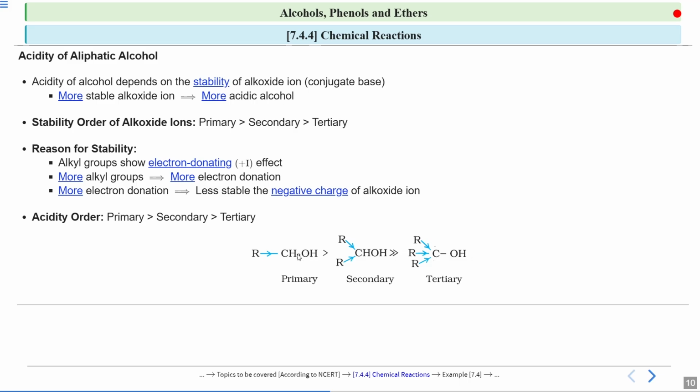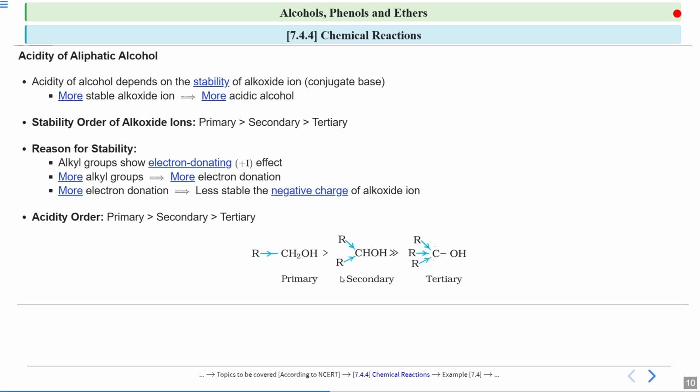So if no oxygen is getting this electron density from this R group, will it take it from H? No, because now the oxygen's requirement is fulfilled by these R groups. So if this oxygen will not withdraw the electron density from this hydrogen, then this bond will be less polar. If this bond is less polar, it will not easily give its H plus ions. Okay, this was about the alcohols.